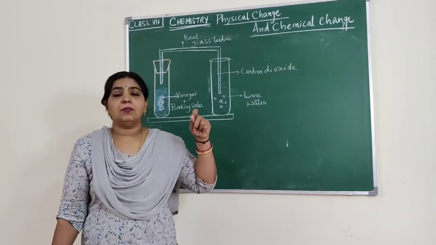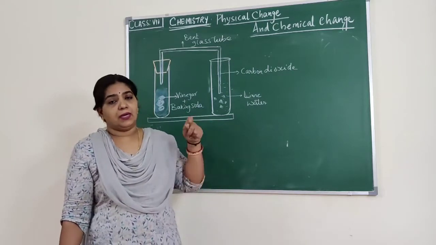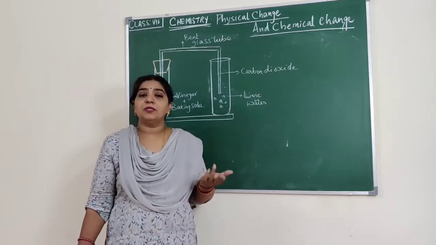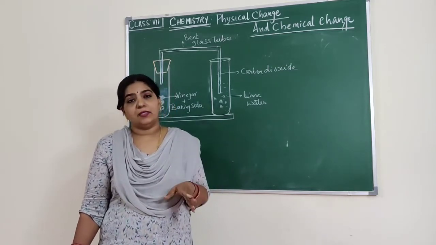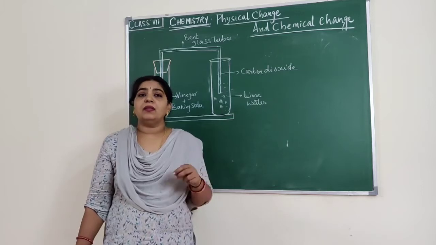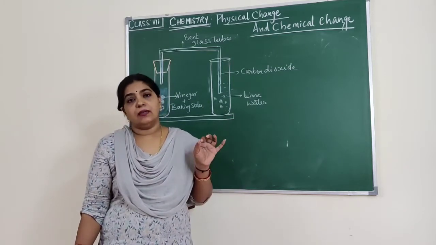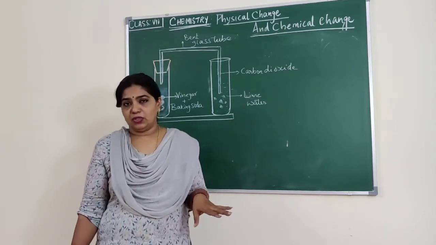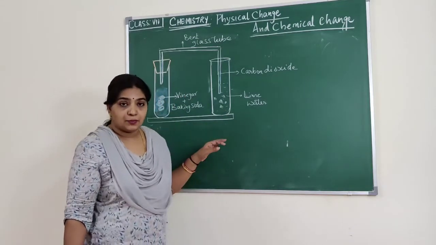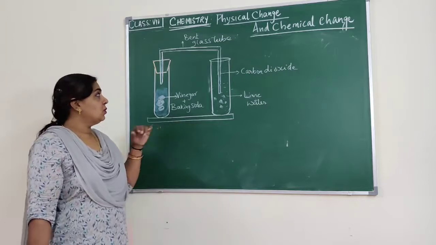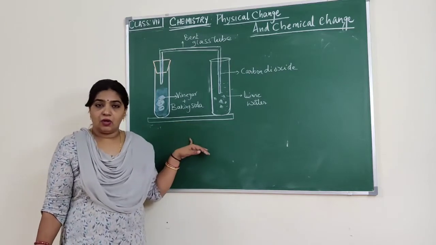When we take the blue litmus and dip it in the acidic solution, the blue litmus will turn red. Blue litmus will not change color in a basic solution. In the same way, the red litmus will not change its color in an acidic solution. I hope that is clear. So now I hope you have understood that experiment also. Now let us go to the next activity given in your textbook.